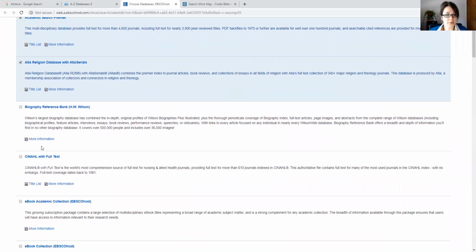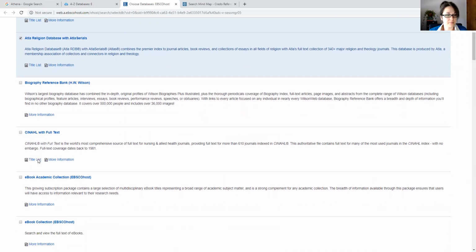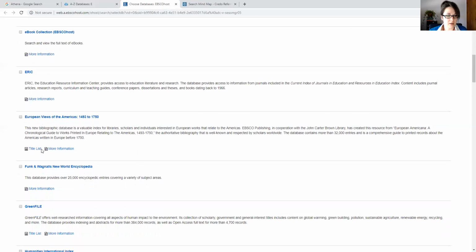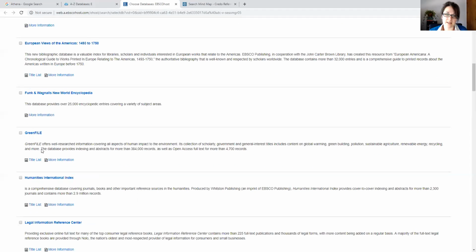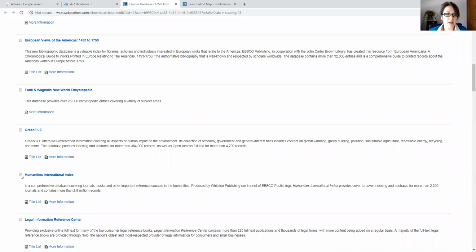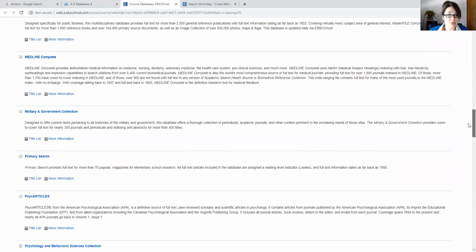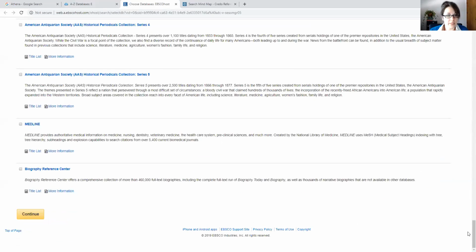They're all in alphabetical order, but if you look, you might not be familiar, but something like CINAHL, that's our nursing database. ERIC is for education. So all these databases have particular topics that they really target, unless it's a general one like Academic Search Premier. I'm also going to highlight humanities so that we can use Athena in that one as well. We're going to scroll to the bottom here. There are many, many that you could include, many that are medical and history, if that was the topic you were using. And if you push continue here at the bottom,